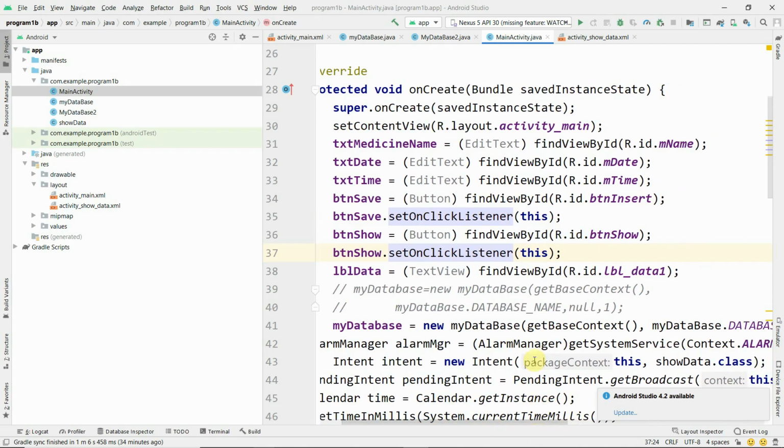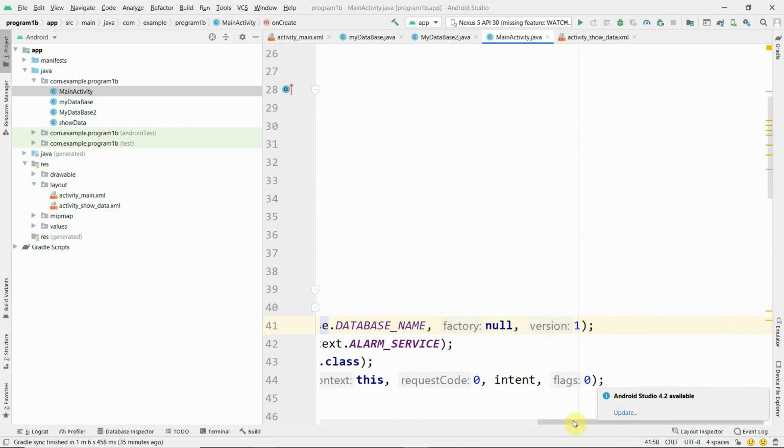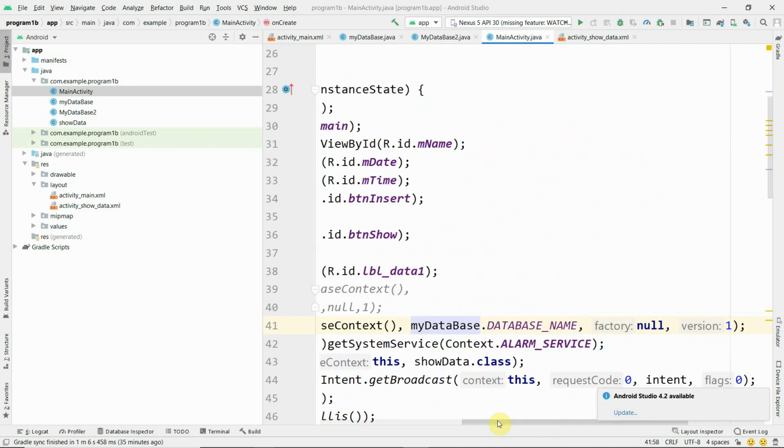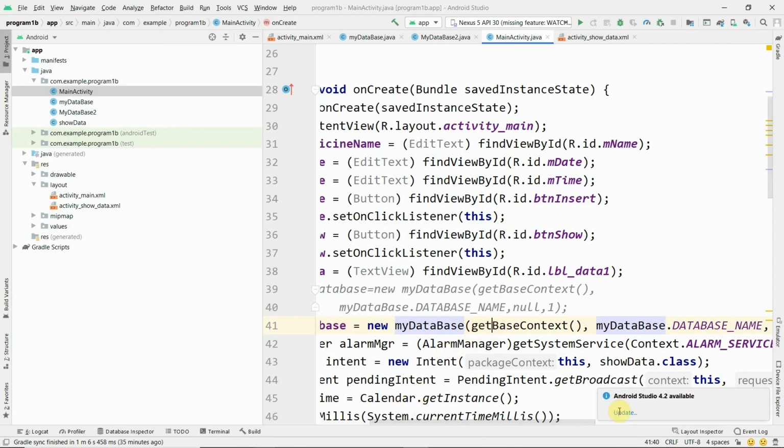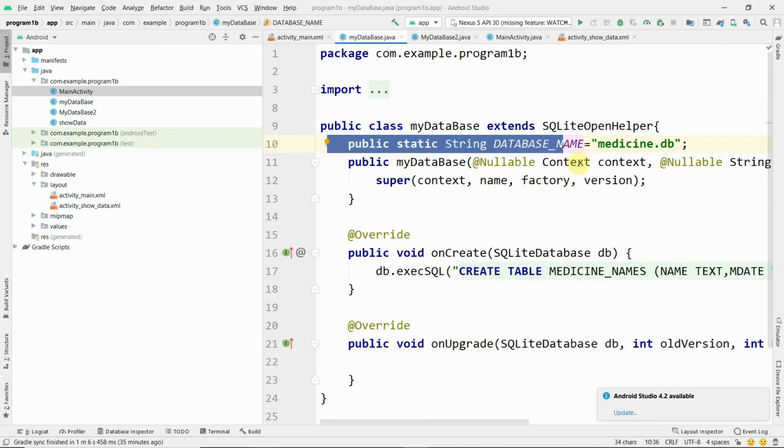Now the next step is, you already created the MyDatabase object. Now call the constructor by passing the parameters getBaseContext, comma, MyDatabase.DATABASE_NAME, then null, comma, version 1. Here it is passing the parameters to the constructor, because in MyDatabase.java there is already a constructor created with all those 4 parameters.